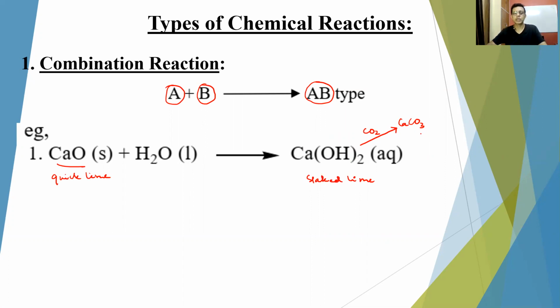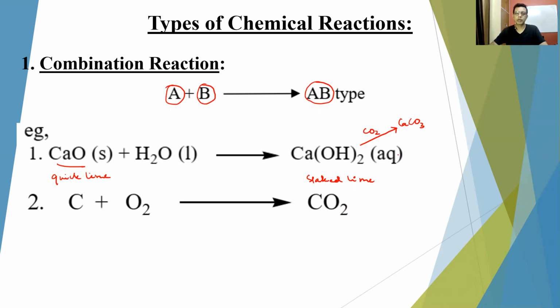So this question was asked in the board exams earlier, like name a substance whose aqueous solution is used for whitewashing and the shininess appears after 2-3 days only. So the compound was calcium oxide, that is quicklime. The solution is calcium hydroxide, that is slaked lime. The shininess appears because of the formation of calcium carbonate, which takes around 2-3 days time.